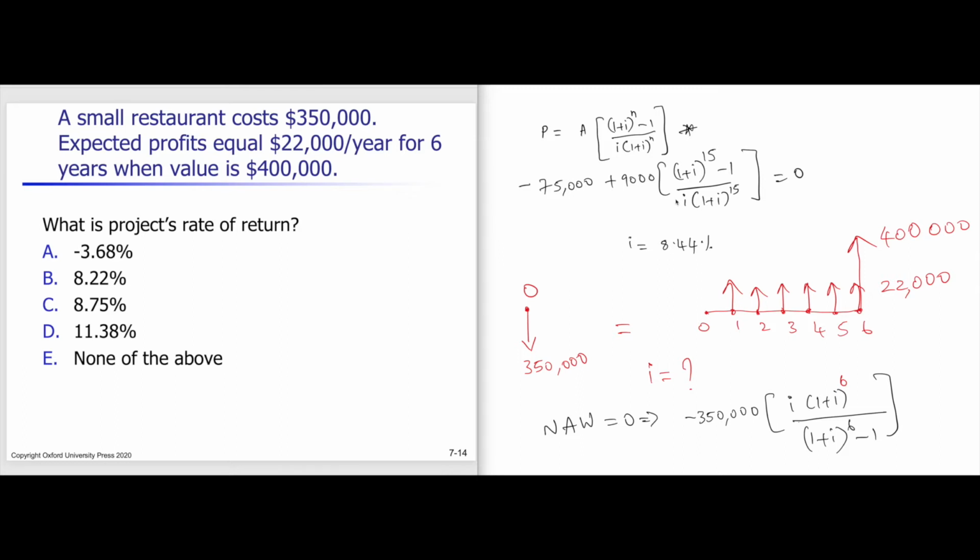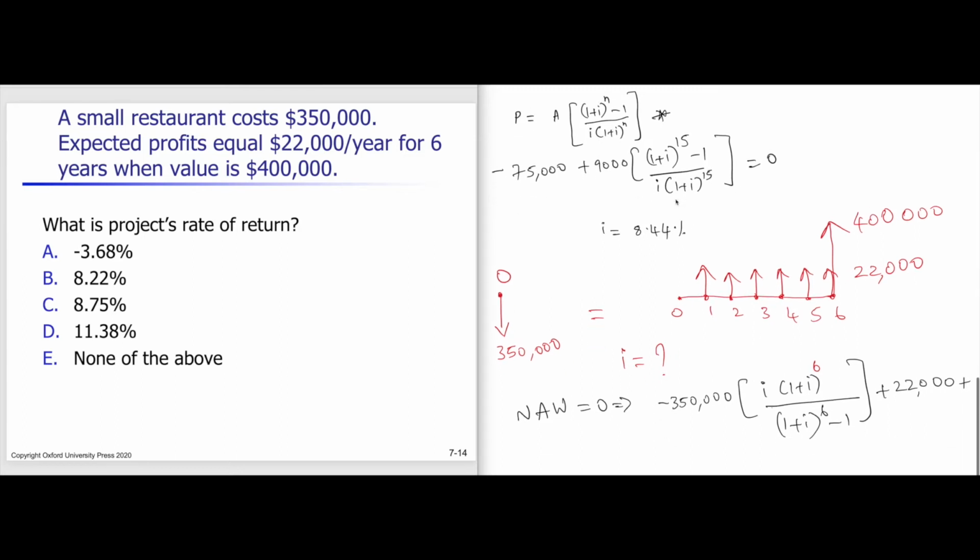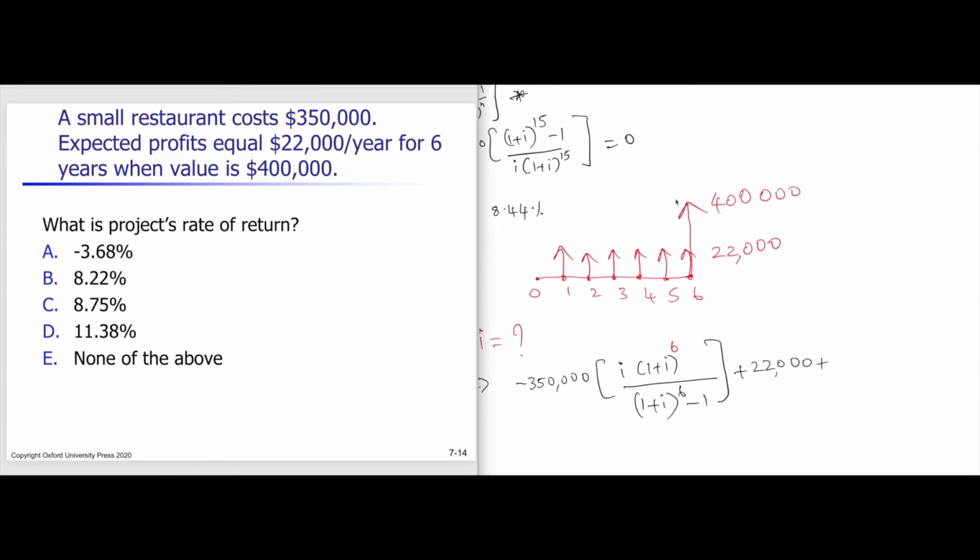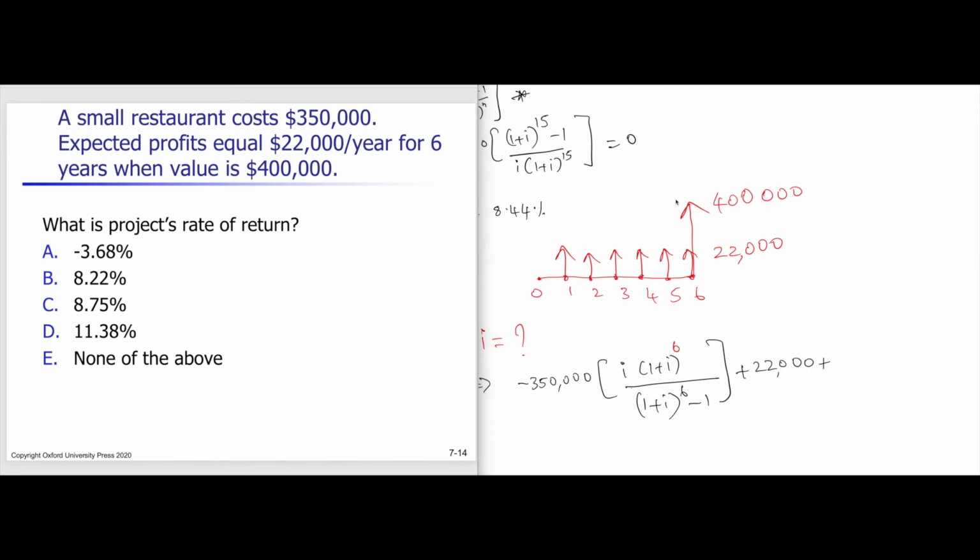That is negative, and we are getting a positive cash flow of 22,000, and we have a positive 22,000, and in addition to this, we have a positive 400,000, and we have to convert this future